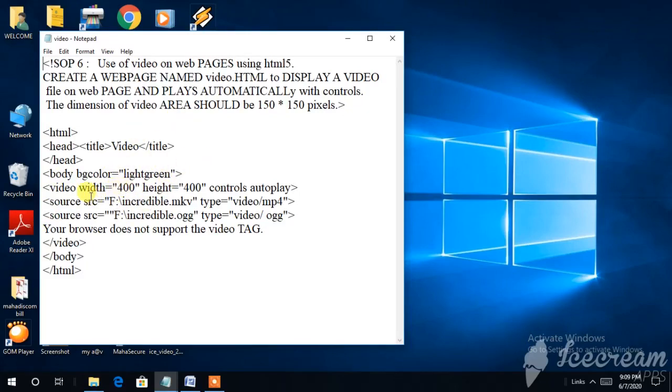Next, whatever width I have given, it was 150 pixels, so I have given 400. You can put the pixels. I have given width 400, height 400, and controls autoplay. You have to write all this, apply it, and just run the application. It will help you understand the way the files are working.